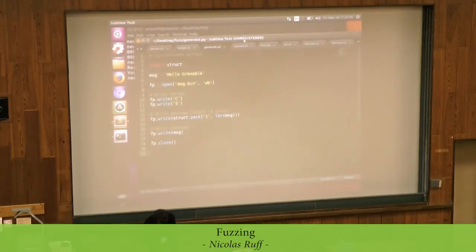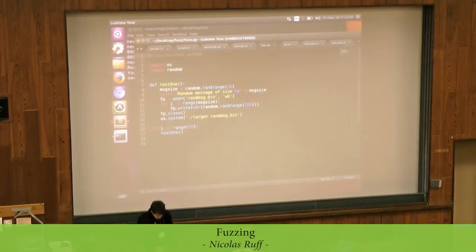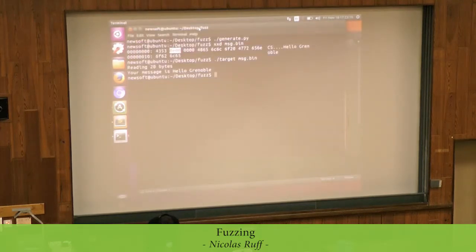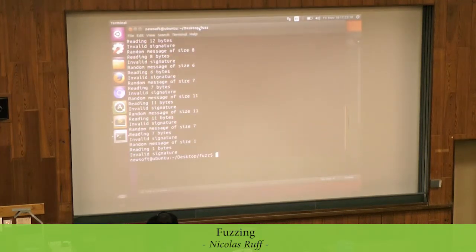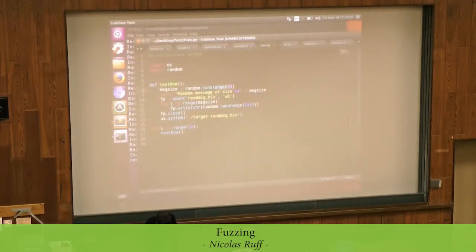So what if you want to find bugs in that software by fuzzing? This is how to compile it. This is what people were doing in the past. They were just having random inputs and calling the target with a random message. But of course it's not going to work, because it's only looping 10 times and providing random messages, and it doesn't find any bug because in any case the signature is